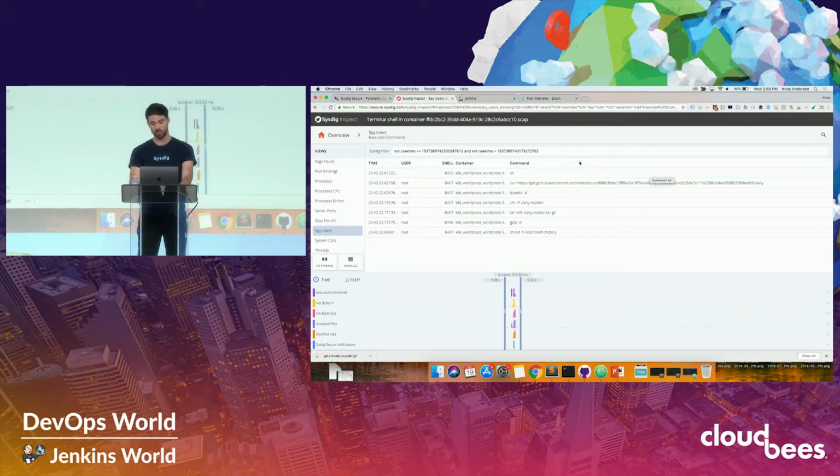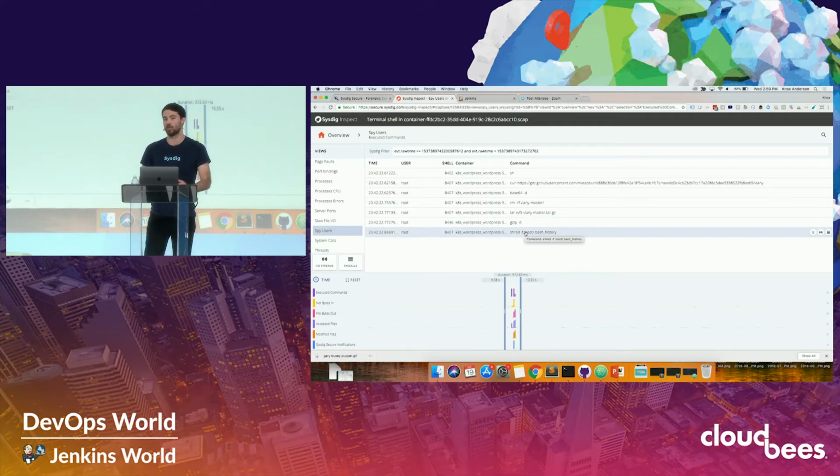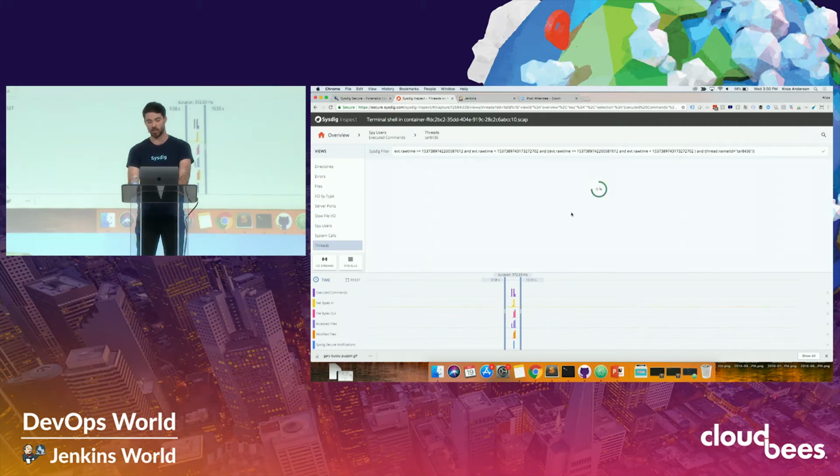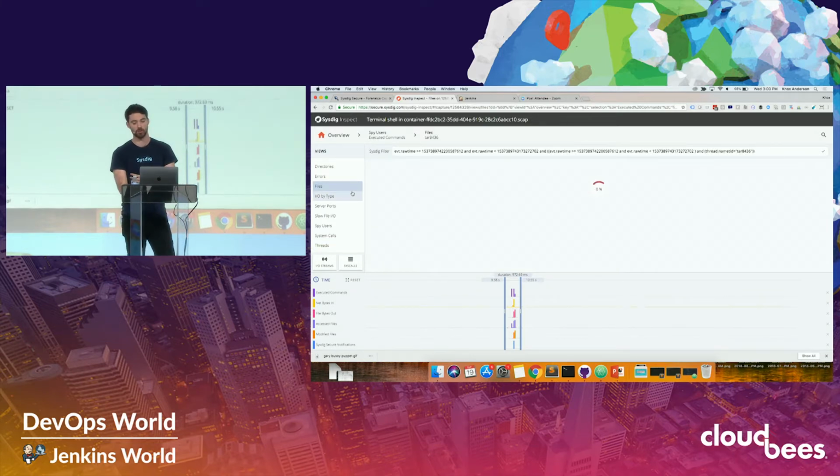So user spawned a shell, curled down some package, untarred it, and then deleted their bash history. So this is something where I'm definitely going to want to jump in, go a little bit further. And what we can do now is double-click on this tar process. And then if you switch to this files view,